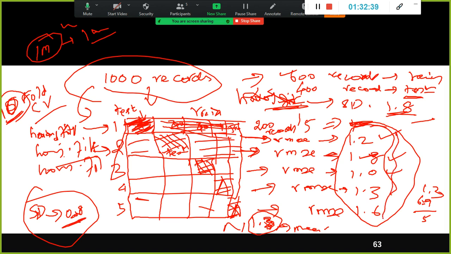Even if you apply your model in any fold, there should not be too much variation. So 1.28, 1.8, it's kind of closer. That is called your variance. Your variance should be less. See, now I'll explain. Less variance. But the error is, instead of 1.3 I am getting 1.8, let it be there.